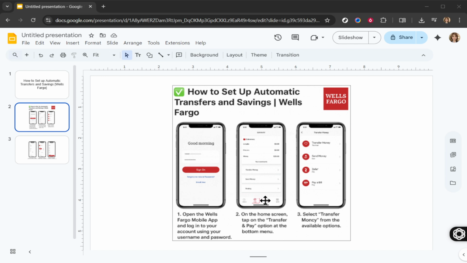Next, you'll need to specify the accounts involved in the transfer. This means choosing the account you want to transfer money from and the account you want to send that money to. As an example, you might be moving funds from your checking account into your savings account. This is a great way to make sure a portion of your income is regularly saved without you having to